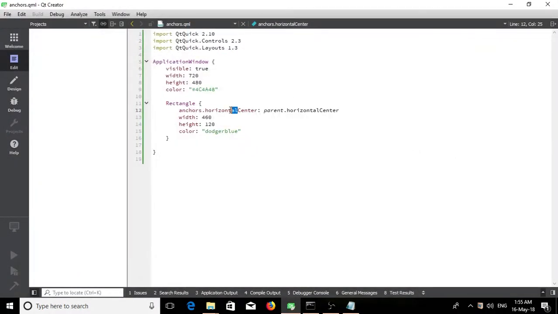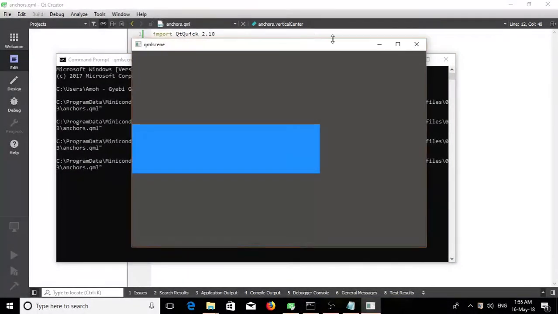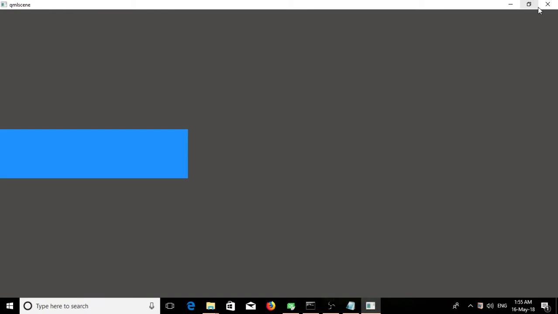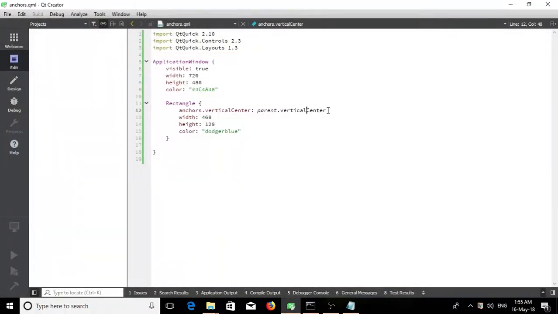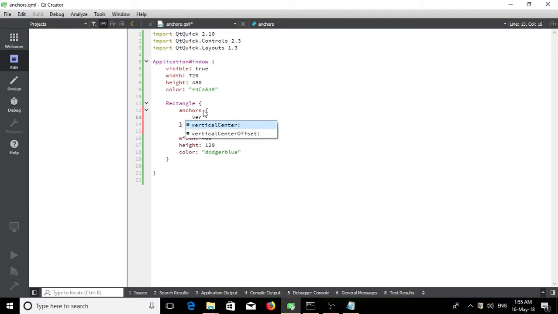So yes, you can guess if there's horizontal center, there's also vertical center, where sometimes you need to get the spelling correct. Now you can see it's also centered vertically. And then instead of doing this, you can also do this with anchors, and just do a vertical center to the parent's vertical center, which allows you to do more than one. So then I could have also done horizontal center, it's called a parent